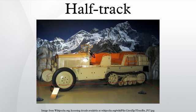SdKfz 6, manufactured by Büssing-NAG, Berlin, Daimler-Benz and Praga, about 3,500 vehicles in total; 8-ton class, SdKfz 7, production was of about 12,000 vehicles; 12-ton class, SdKfz 8, some 4,000 vehicles were produced by 5 manufacturers; 18-ton class,